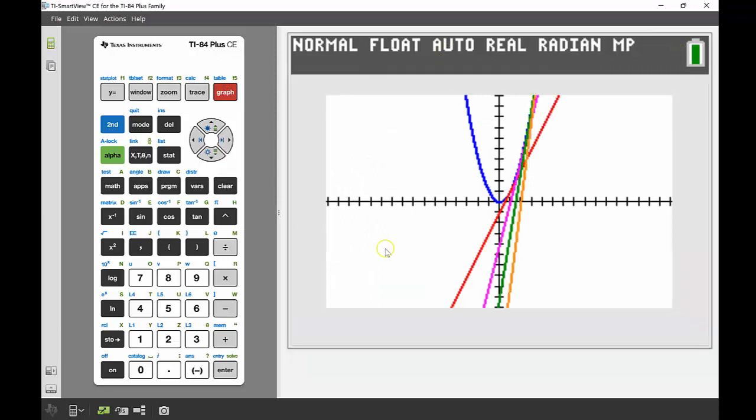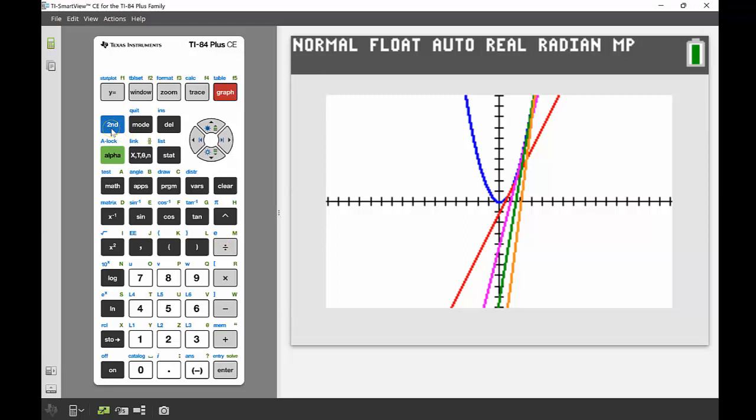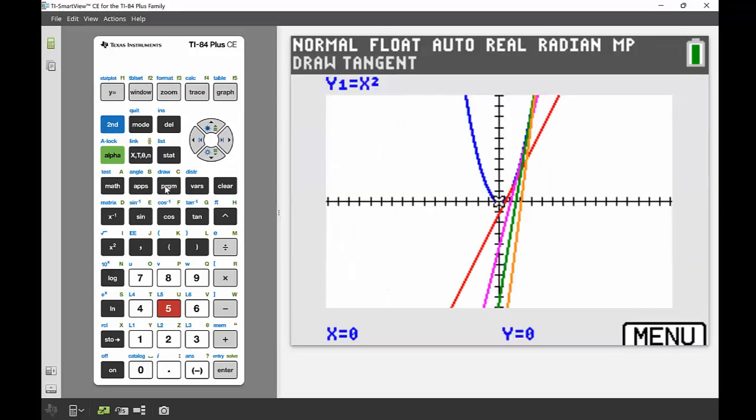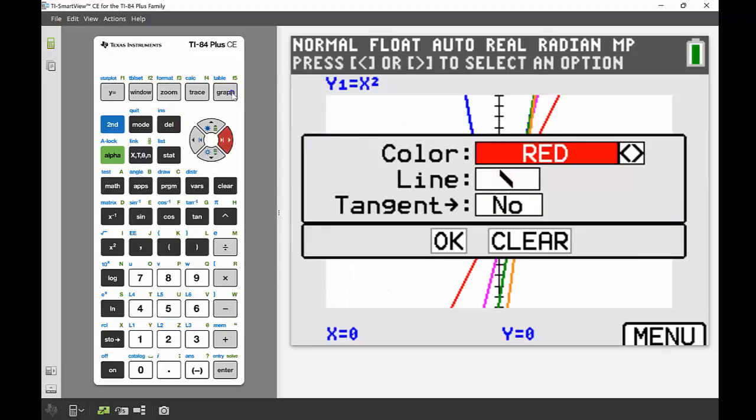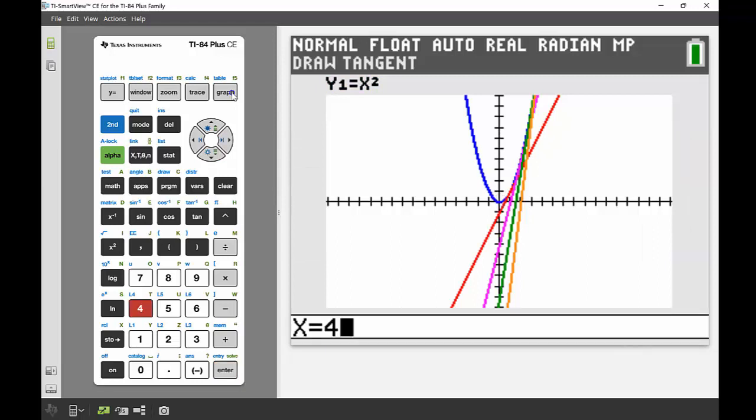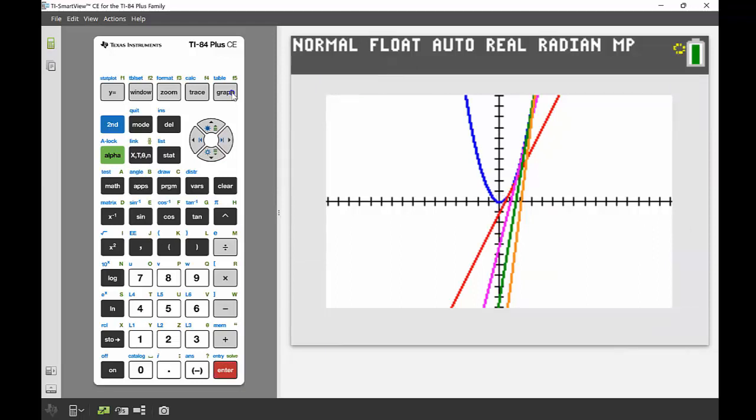All right, so there we go. So now if we draw another tangent, second draw again, I'm going to use that number 5. Again, I'm going to use my menu. I'll use black this time. Now, if I've got it right, and if we're thinking really carefully, that black line should completely cover the orange line. I shouldn't be able to see the orange line at all if I'm right. So I'm going to press OK. Again, I'm looking at x equals 4. And there we go, no orange line can be seen at all,